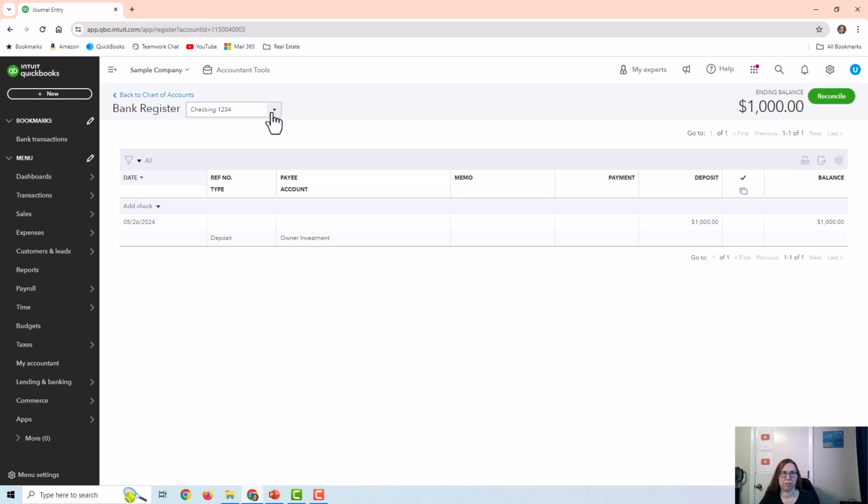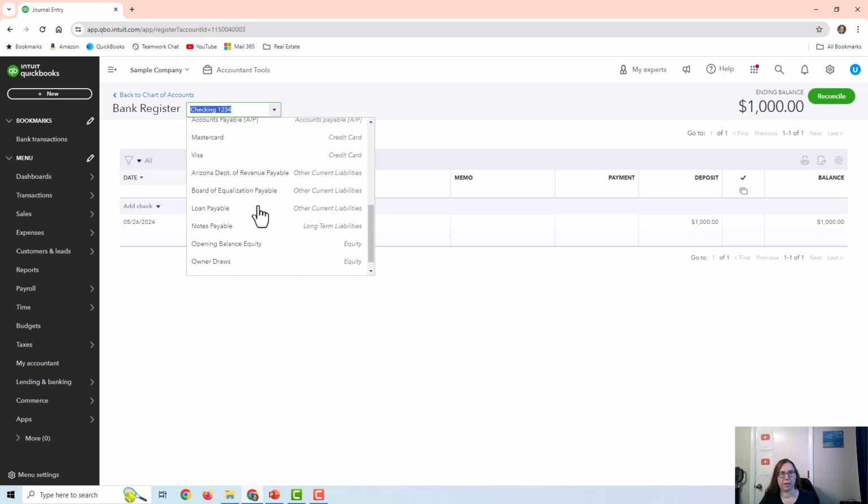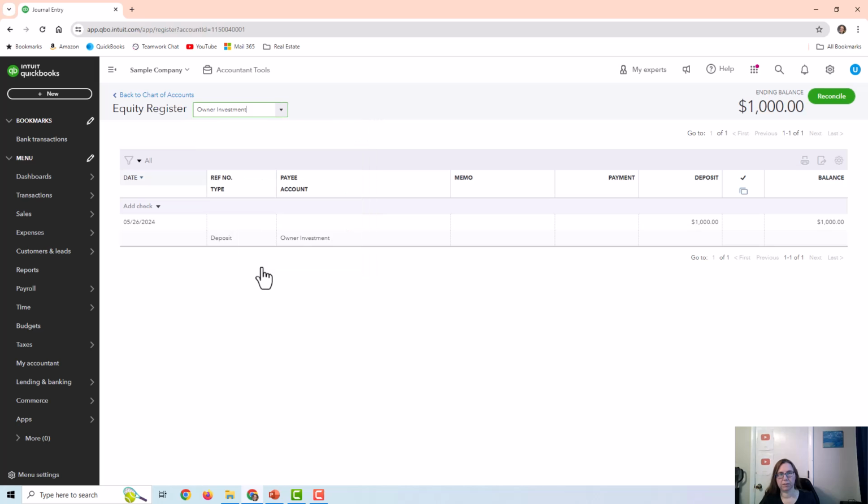So that's going to show up in the checking account. And if I go to the owner investment account, it is going to show up there, and it of course would show up on the balance sheet. I just added $1,000 to the assets, which is the checking account, and $1,000 to the equity section as the